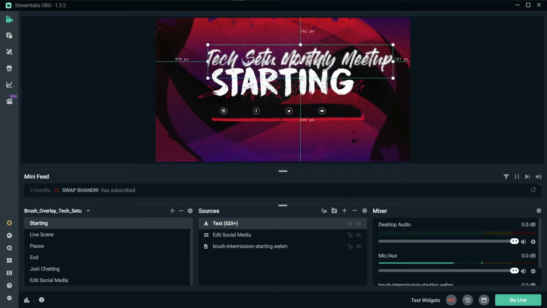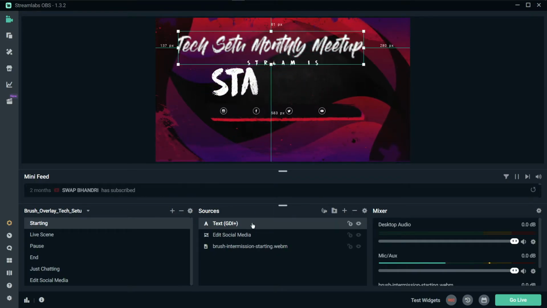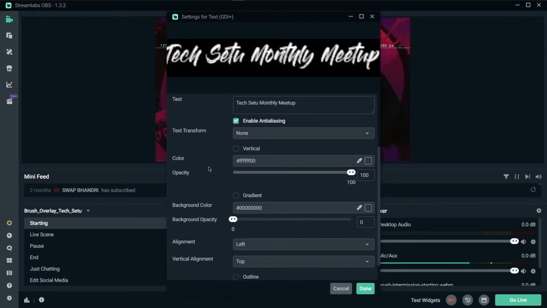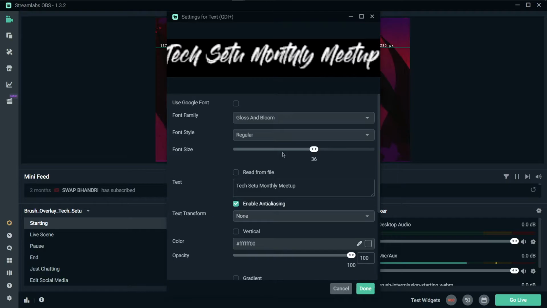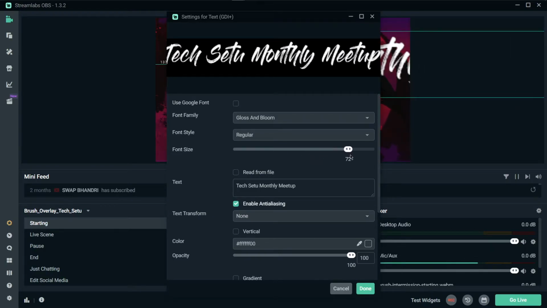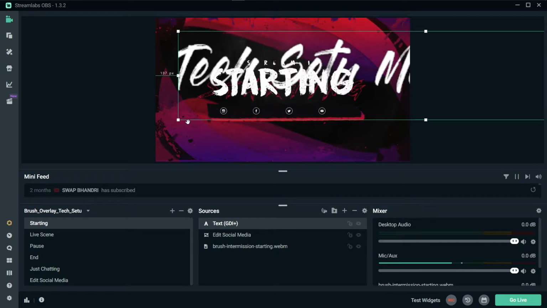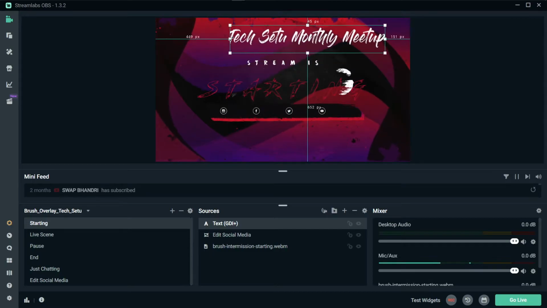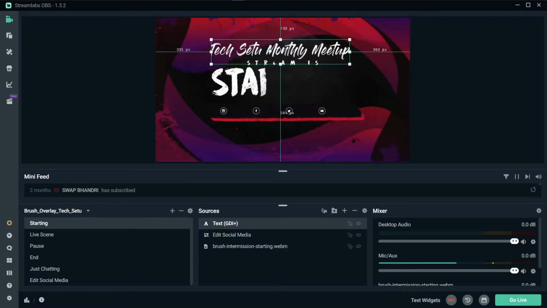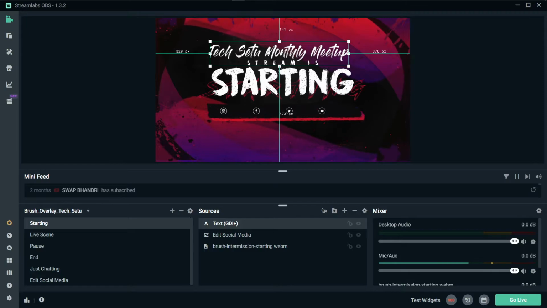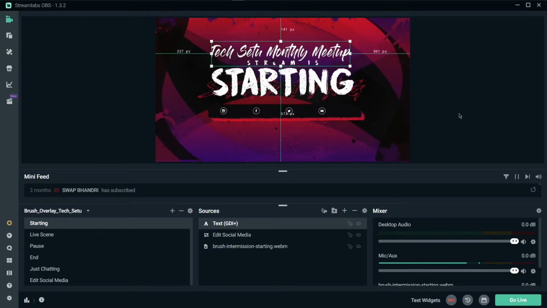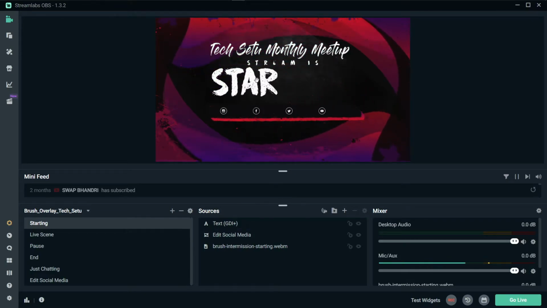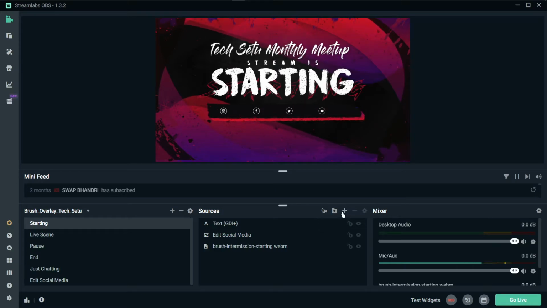So drag it, resize it, maybe just increase the font size by a little bit. Font size, increase it, done, and then adjust the size, and then place it just above this starting, like this, a bit up, like position it like this, just above the stream is starting, and then click on the plus